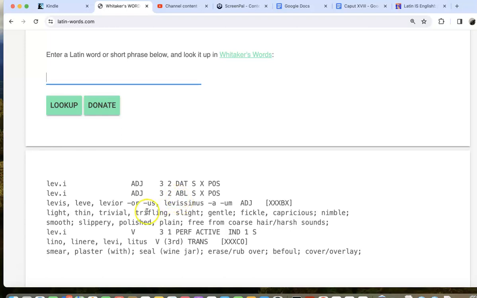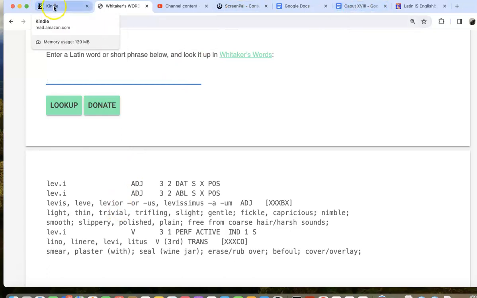So this could be light, thin, trivial, trifling, slight, gentle, fickle, capricious, nimble, smooth, slippery. So it's an adjective. Polished, plain, free from coarse. And so you can see this one's a little bit tricky because we have a lot of options. I'm going to go with trivial